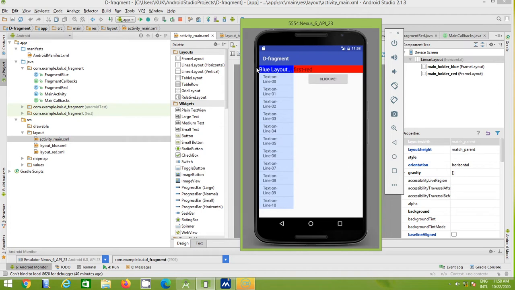In the blue part we simply display a text view and a list. In the red part we have used a text view and a button. We have also implemented the interfacing between the fragments. So this fragment simply sends the message to the main activity, and the main activity will send the message